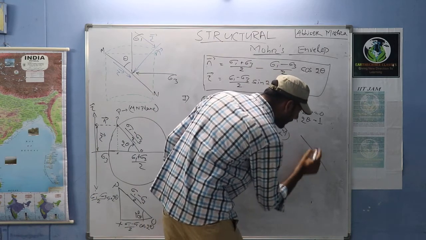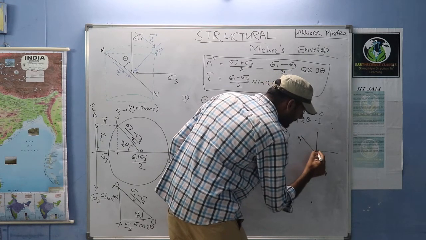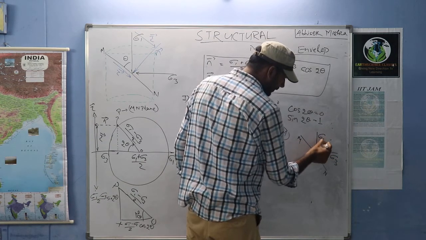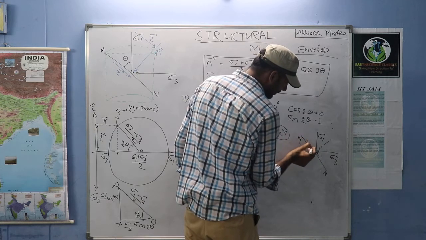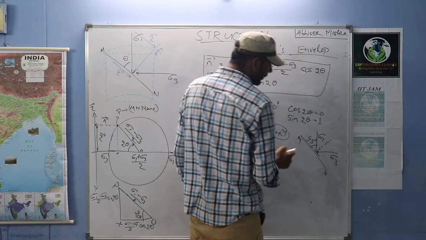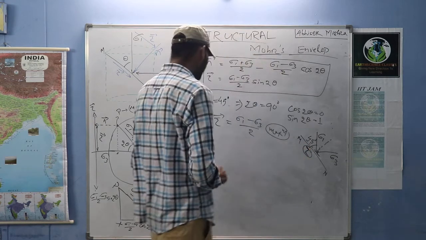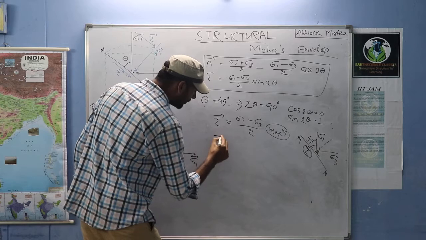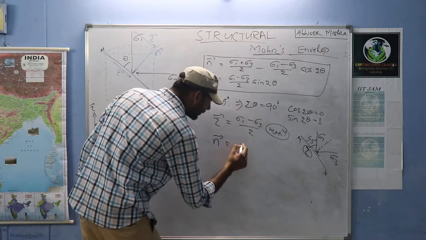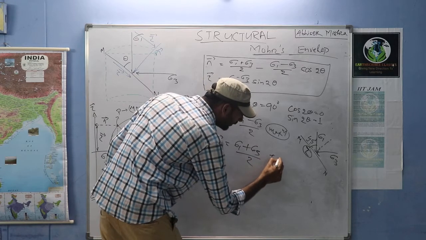You can see this is the Mn plane, this is my sigma 1, this is my sigma 3, right? So some normal stress will be here and some shear stress will be here. In this case, whenever the angle is 45 degrees, we will find tau is maximum, right? Then for normal stress, cos 2 theta will be equal to 0, so that will give (sigma 1 plus sigma 3) by 2, which is intermediate.